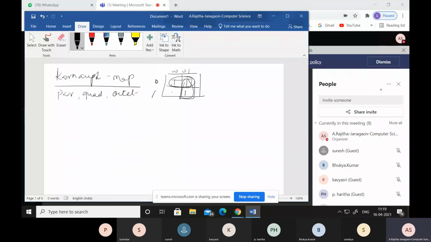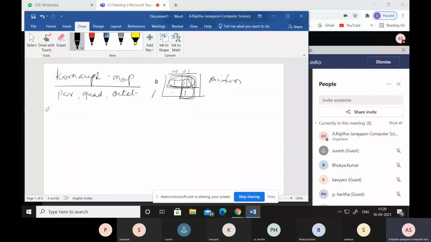Then whatever the variables which are common to the subgroup, which variables are common? Whatever variables are common in a subgroup, only those variables are present in the product representation of the subgroup. That means, suppose this is some subgroup. Here the common variables are present in the product term or min term, the minimum form of the min term. Whichever variables are common in the minimum form of the term, those variables are here.